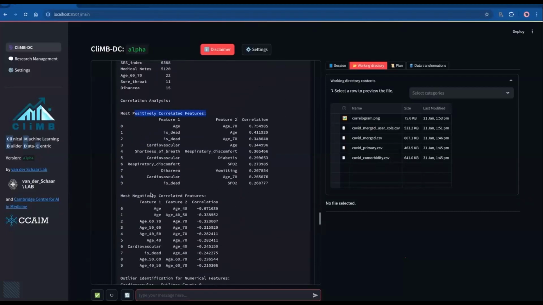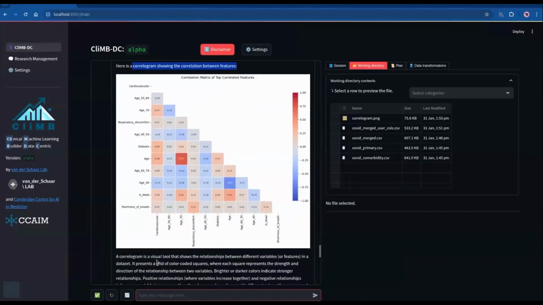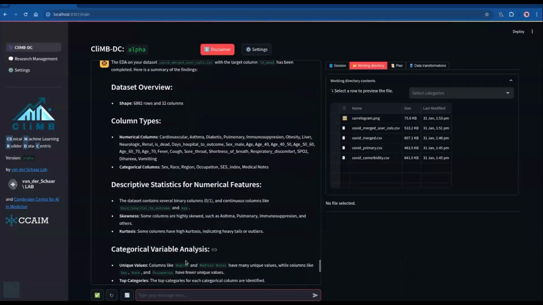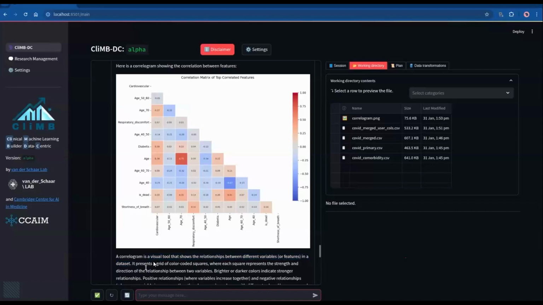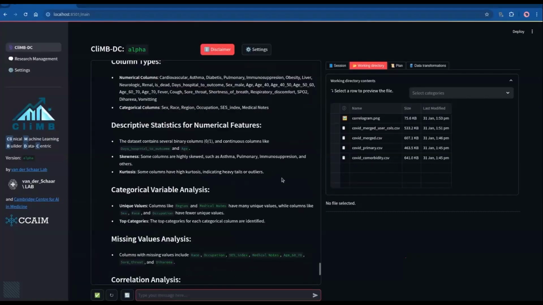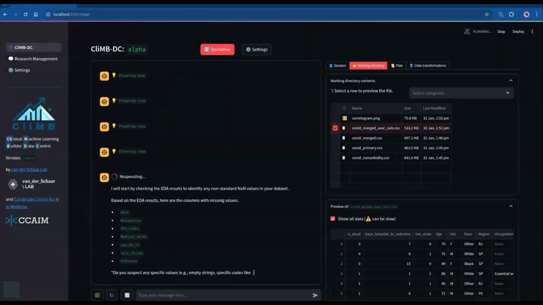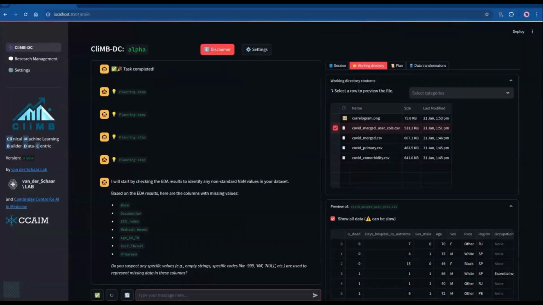It looks at how many missing values there are. It also will check for us what the correlations in the data already are, and even produce something called a correlogram. And the good thing about Climb is that it actually gives us a description of anything that it produced. So for example, it will explain what a correlogram is and what it represents. And then we can use this information down the line in our analysis together with this tool as a partner. Then it will use the large language model's capabilities to summarize all of those findings in a much more readable way. And then we can move on to dealing with the first big problem, which is missing data.